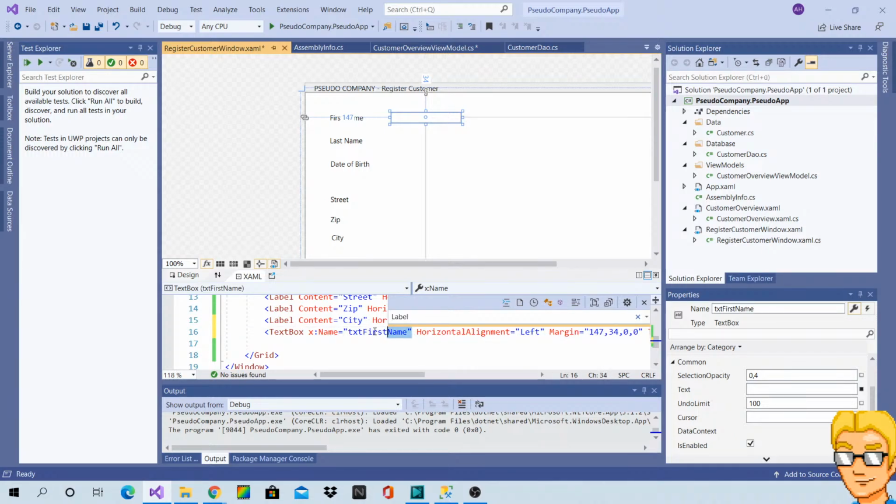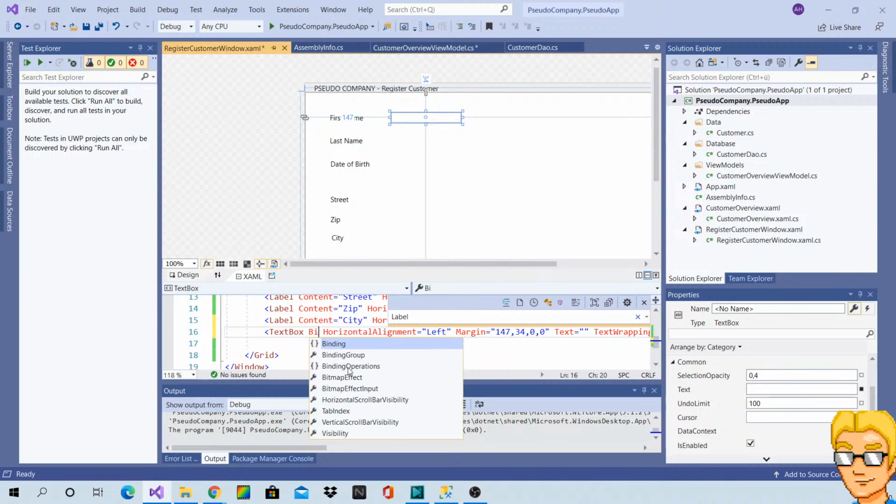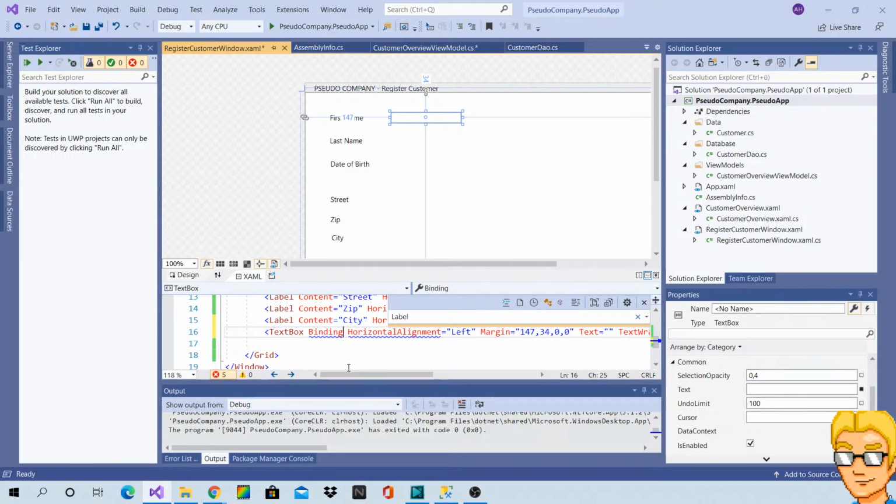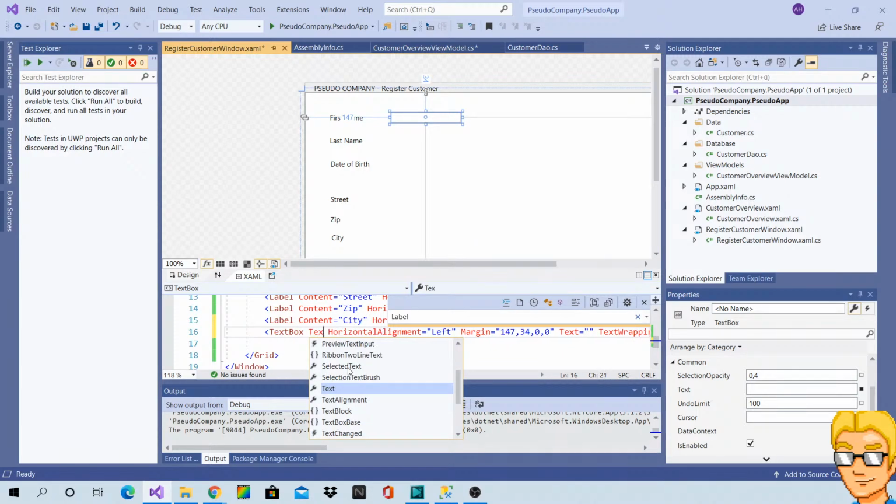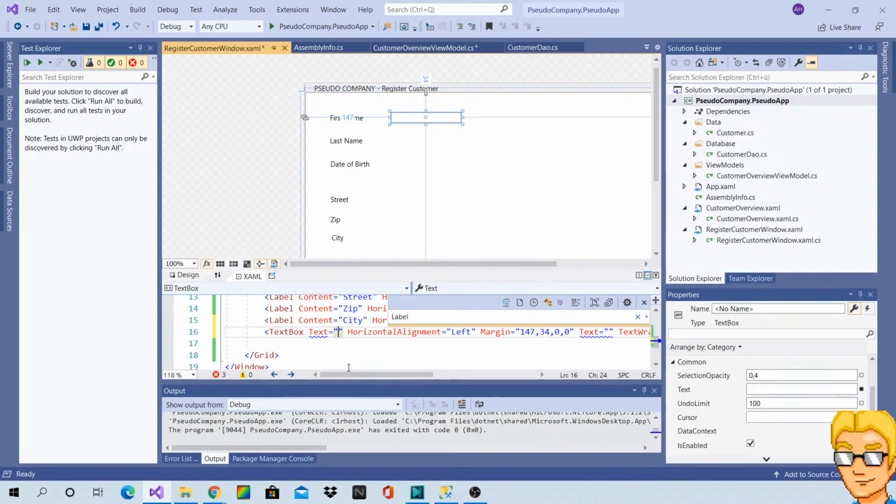Actually, do I need to reference it by name? Probably not. No, I just need to have a binding. Whoops. What's wrong with that?